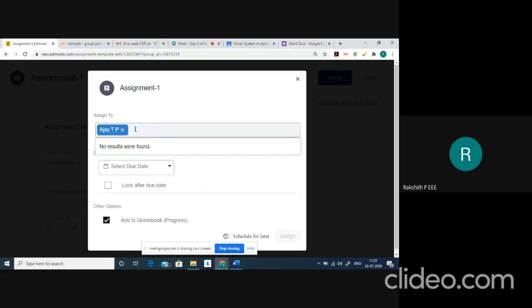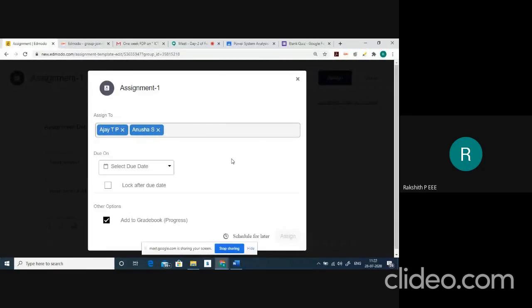Say for example, let us assume that we'll conduct first IA. After that, we found that few students' performance is not up to the mark, and I want to give assignments only to that particular set of students. Then this is how you can do it. Or if you want to give this particular assignment to the entire class, then select that particular class. Say for example, demo, that what I already shown. Both the things are possible.